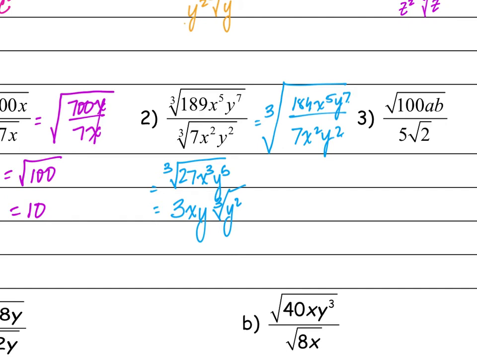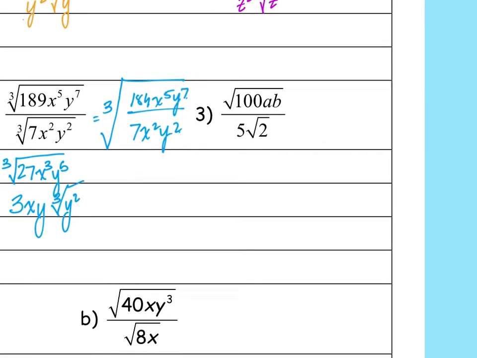And I can only combine the roots if they're the same, right? So cubed root and a cubed root. If it was a square root on top and a cubed root on bottom, I couldn't do this. They have to be the same root, okay? And then number 3, I think I can write this one